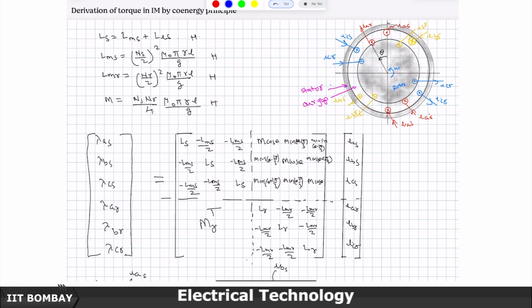Now, similar 3-phase windings are there for a 2-pole induction machine, and in the 2-pole induction machine, the rotor at synchronous speed will rotate at 50 hertz, which corresponds to 3000 rpm. Now, for this, similar windings exist with a different number of turns, and we are using the same R. Actually, the R should be a bit different, but because the gap is very small and the dimensions are large, we are using the same R here, and the same formula, mu 0 pi R L by G,